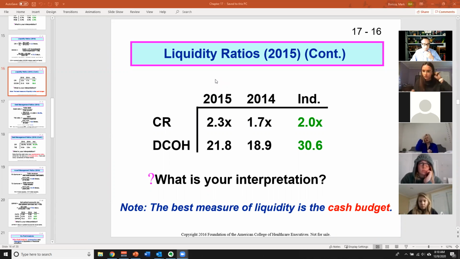Okay, so we left off talking about current ratio and days cash on hand. We had previously talked about current ratio, and so we spent more time talking about days cash on hand, the importance of having enough cash on hand. This is absolutely one of the critical numbers that hospital leadership in particular pays attention to, but every organization has to pay attention to. Managing cash is absolutely a critical function. All right,